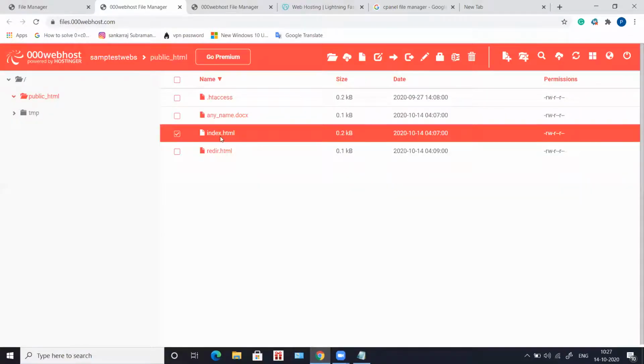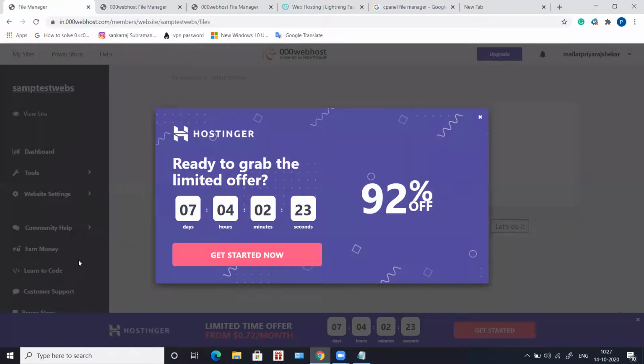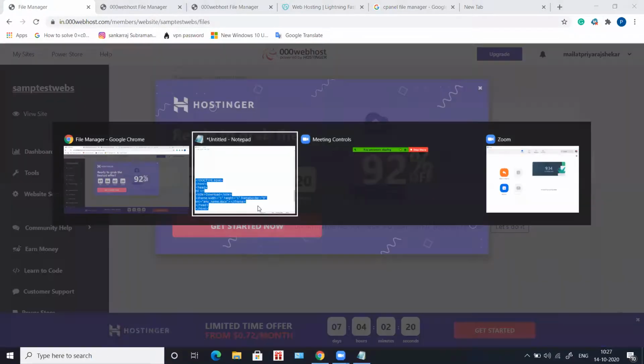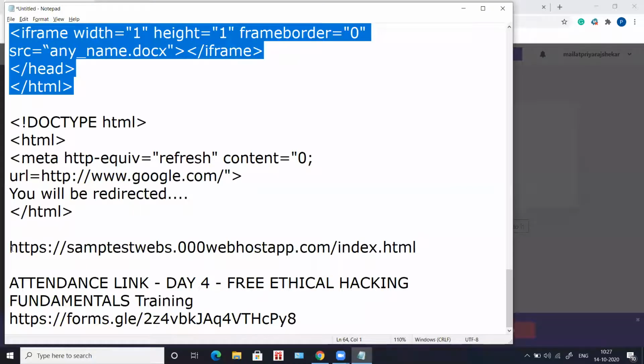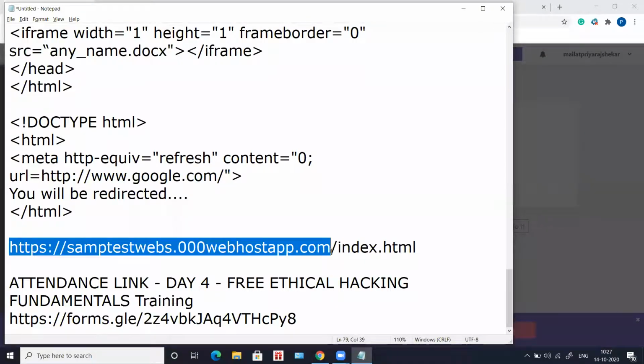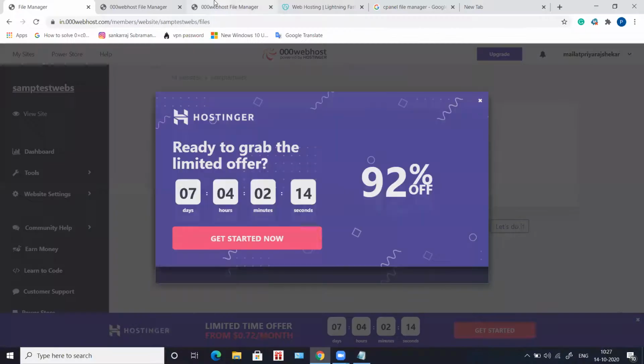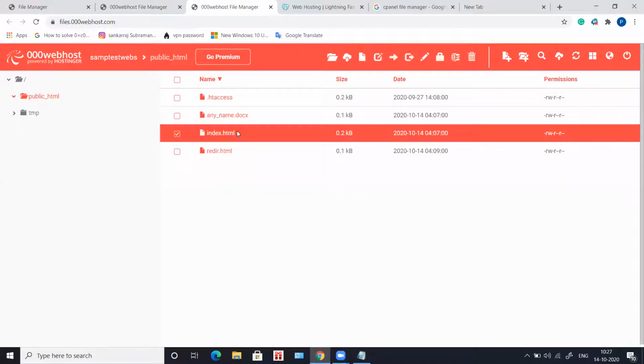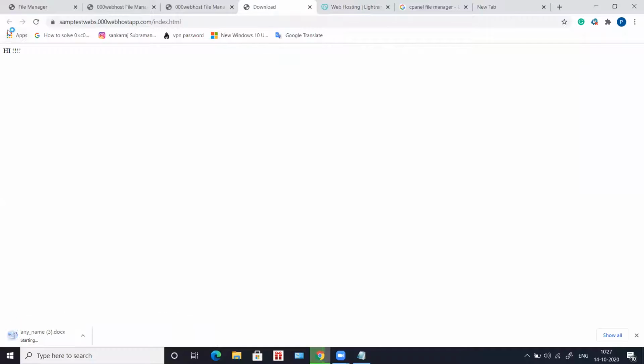Now let's try accessing. I know my website URL, I pasted it here. So this is my website URL. In case you cannot find your URL, what you can do is, after creating a file like this, right click and click on view. So when I right click and click on view, see, it is opening. It is showing me a hi message, because I've given a simple hi inside my code.